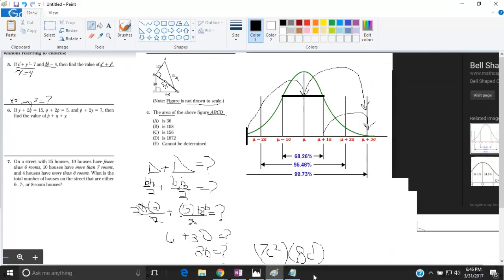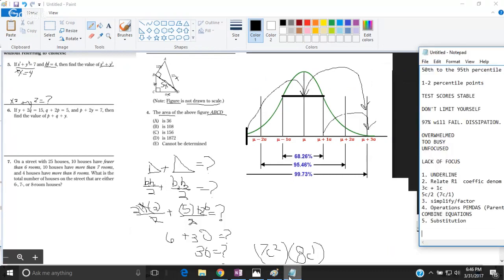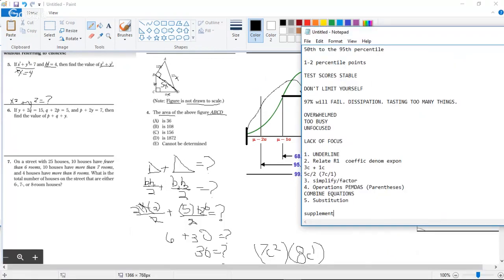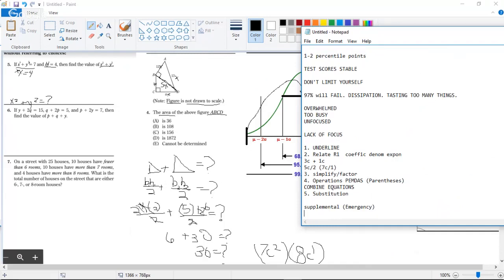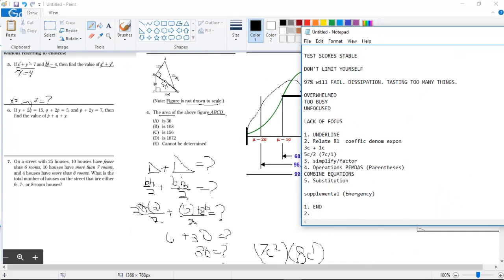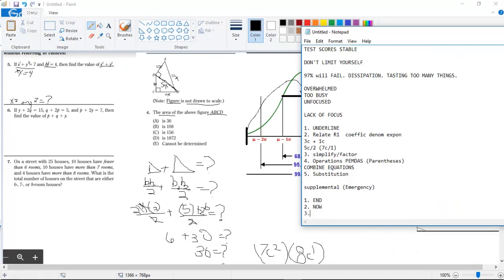Okay, so in other words, if you're stuck, there's going to be 5 supplemental steps. And the first of these supplemental steps, or emergency steps, because we don't use them too often, is 1, where are we going in the end? Here we see we're looking for x squared plus y squared. Second is, where are we now? Well, I have x plus y equals 7 and xy equals 4. Third, I ask myself,